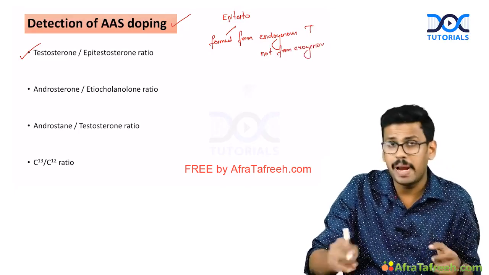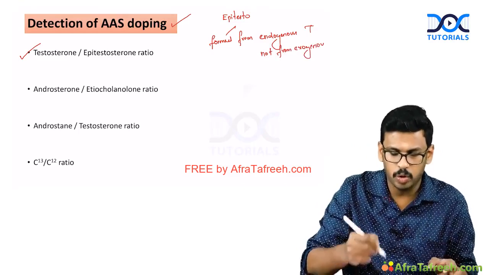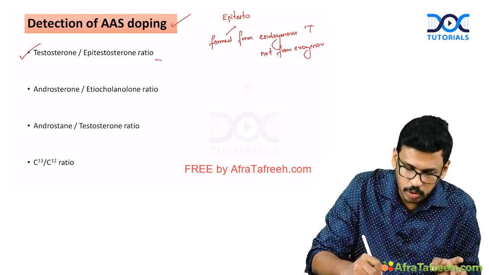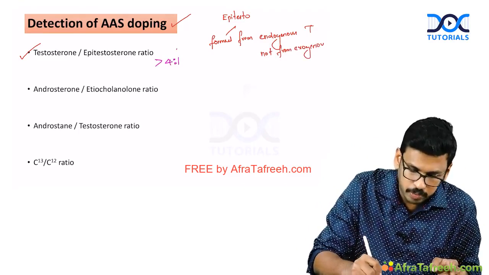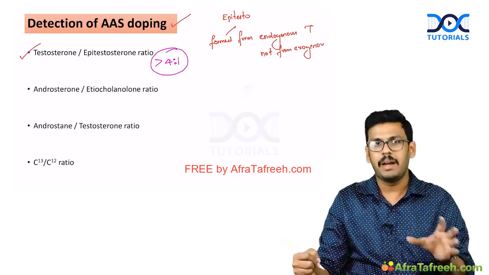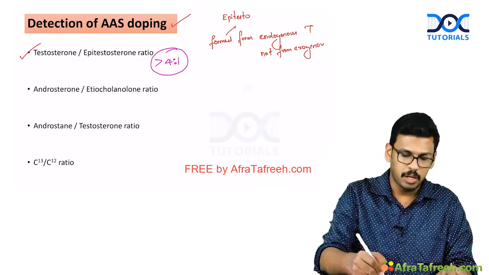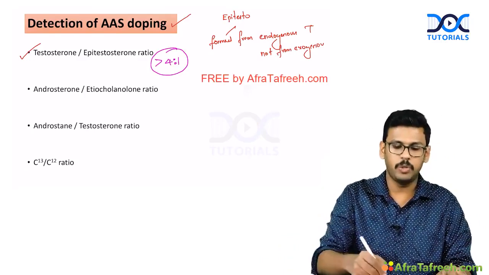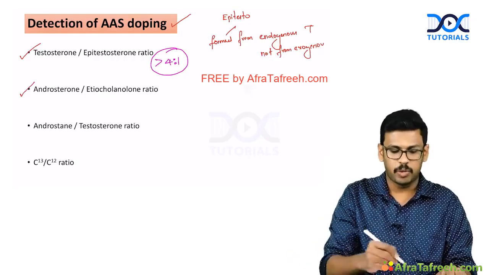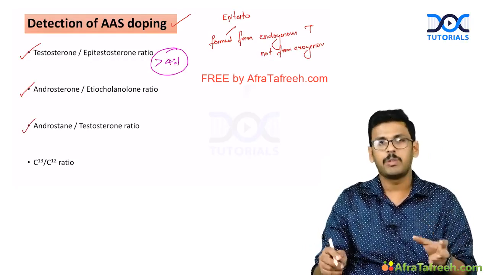So, what happens when the patient is receiving exogenous testosterone? The levels of epitestosterone would go down. So, a ratio of more than 4:1 is suggested by the International Doping Agency to make a diagnosis of testosterone abuse. Then apart from this testosterone-epitestosterone ratio, they have used other ratios also, like androsterone to etiocholanolone ratio, androstenedione to